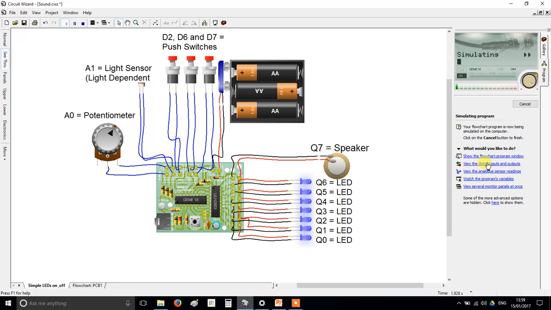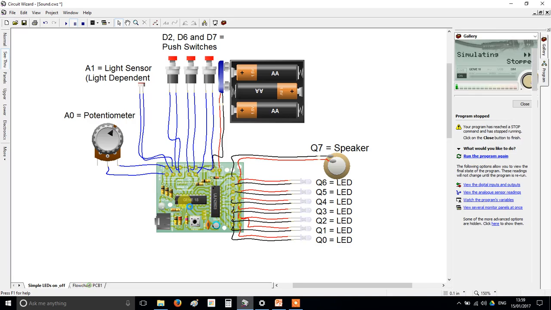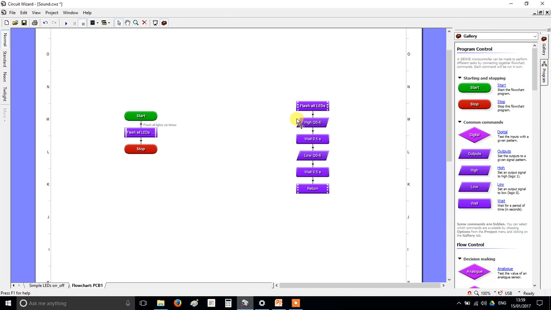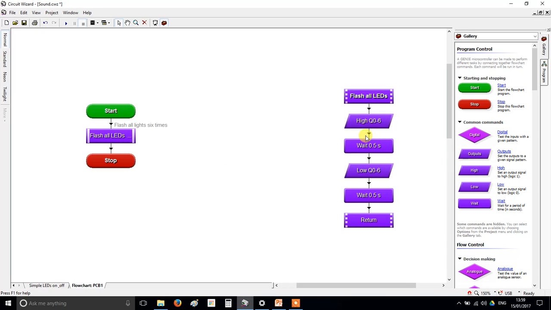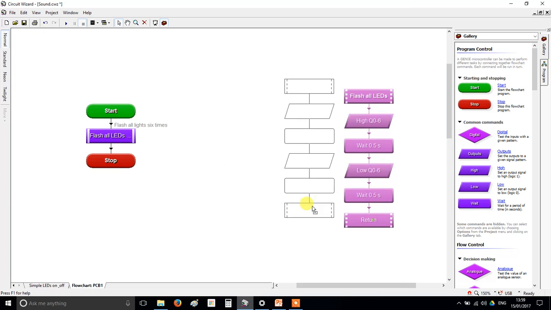1, 2, 3, 4, 5, 6, and stop. Now that code looks a lot cleaner and simpler than having that big bit there repeated 6 times over. Okay, so this is where it's really, really useful. Now you can start to jazz things up a little bit here. You can have as many subroutines as you want, and this is part of what I want you to do